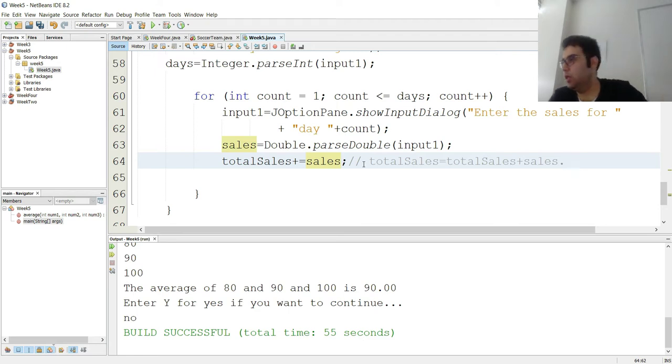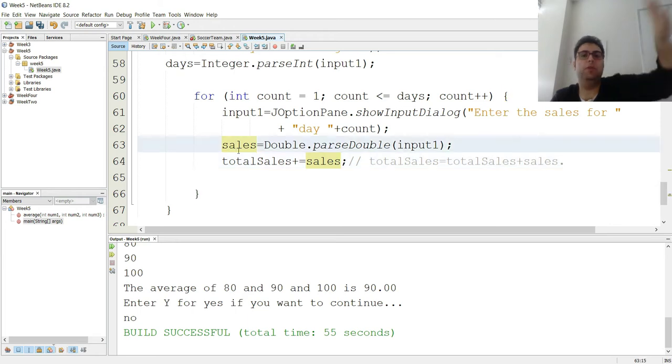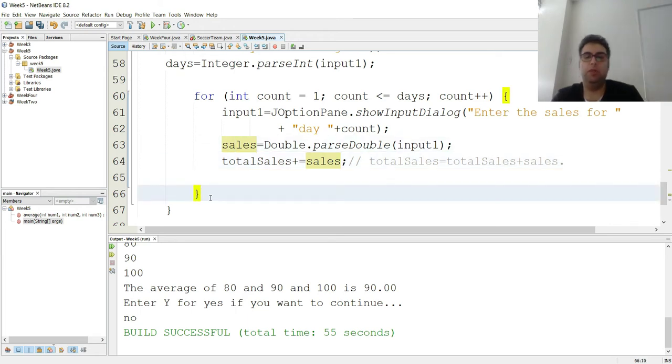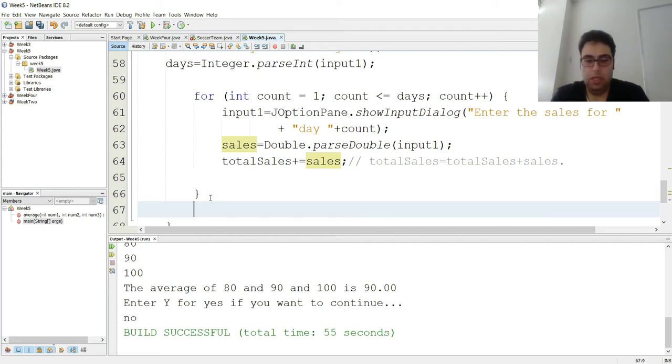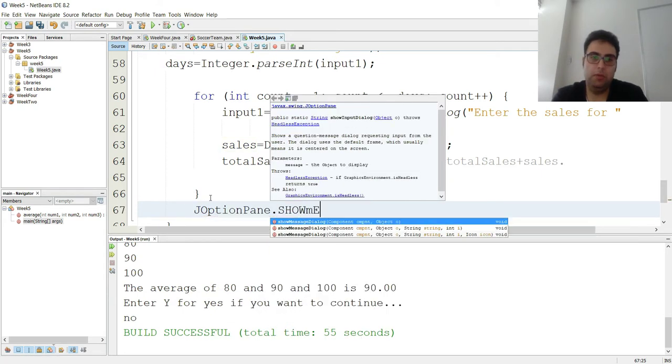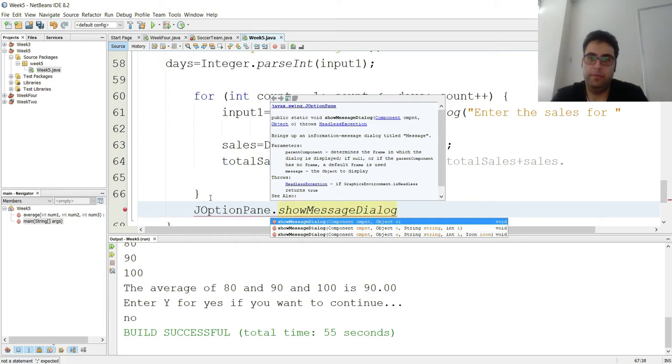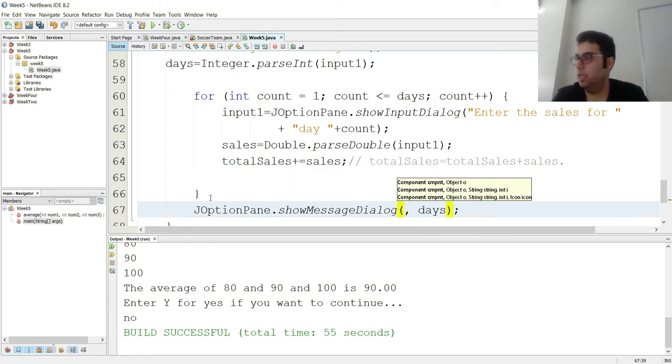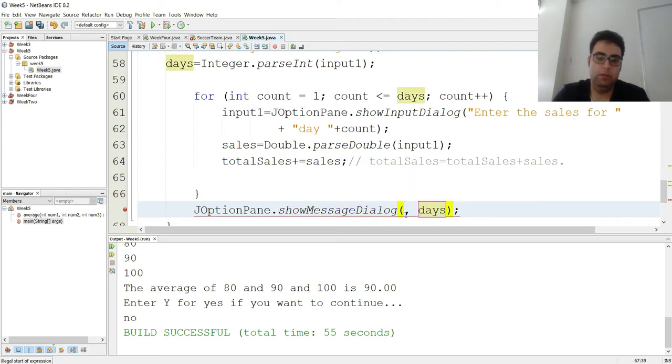Okay, so when we do that, then outside of the loop, this message we want to repeat one by one. This one we don't want to repeat, so we're gonna go J option panel dot. This one is just show message dialog, right? And this tells the location of it. So this is null. Here we're just gonna say the total sales